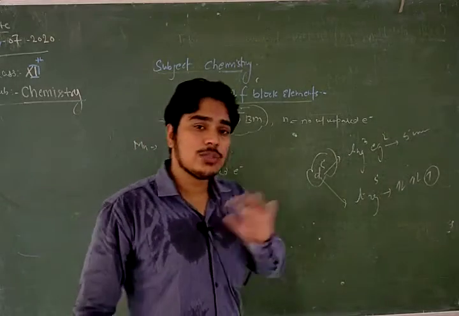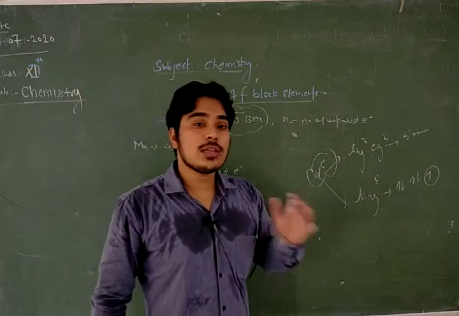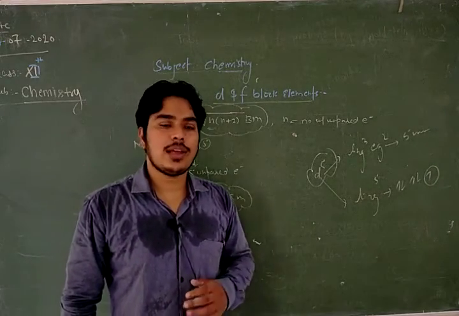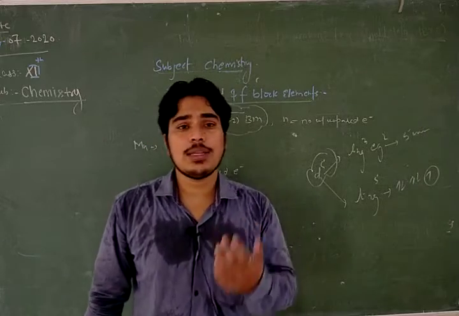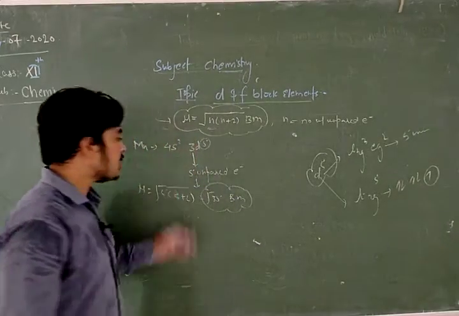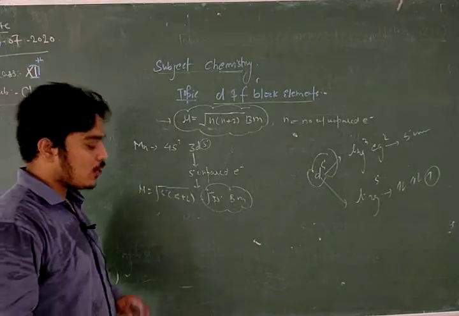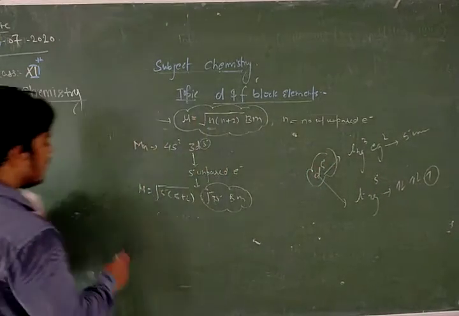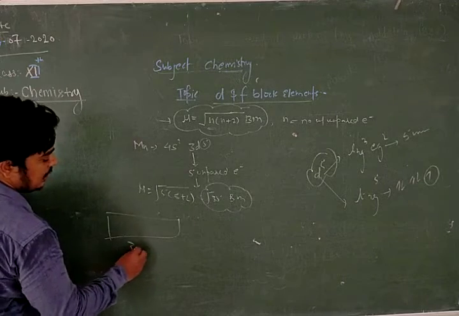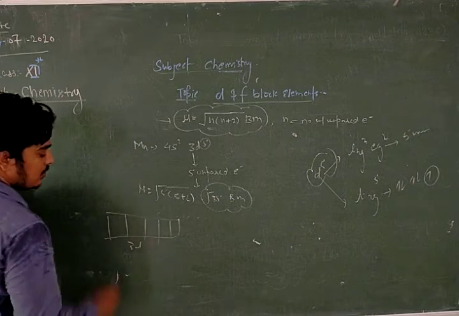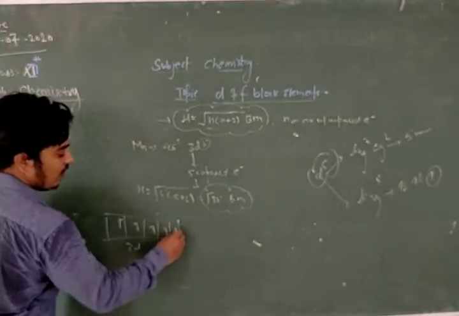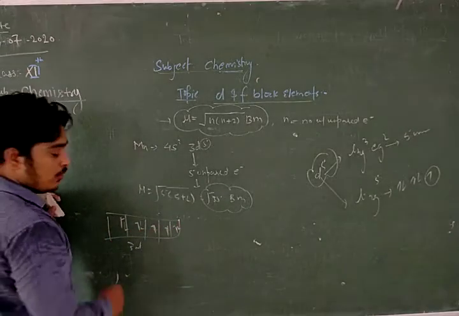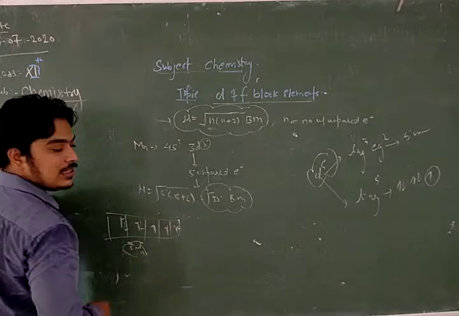Ligands have no role here. So do not get confused with coordination, where we talked about high spin and low spin, because there are some ligands. Here these elements are in isolated state, so we are not going to talk about these configurations. We simply fill the 3d series. There are 5 orbitals, 1 2 3 4 5, then 6 7 8 9 10. We simply consider these 3d series.